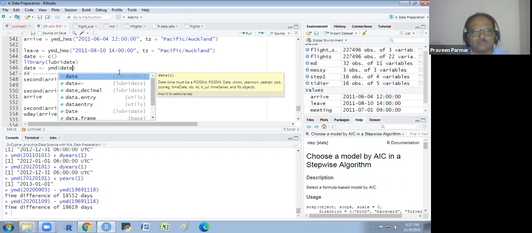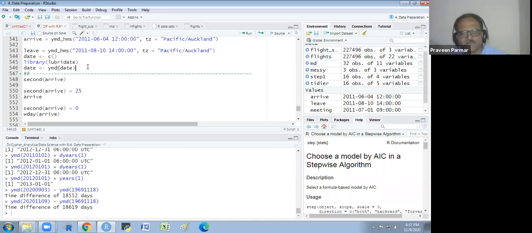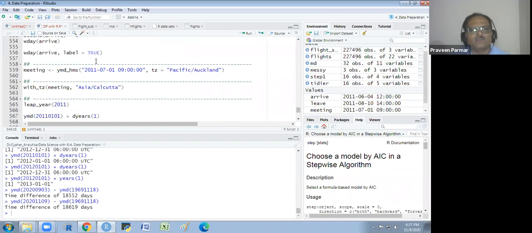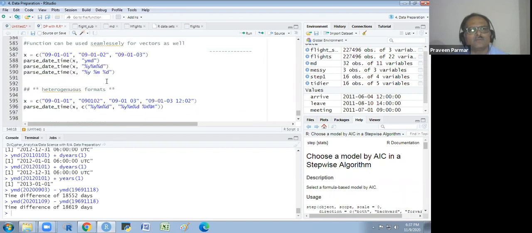Got it? Yes, sir. You do that first. So it will automatically set, and whenever you use this date, it will work properly. Somebody asked me something more. I will show you.